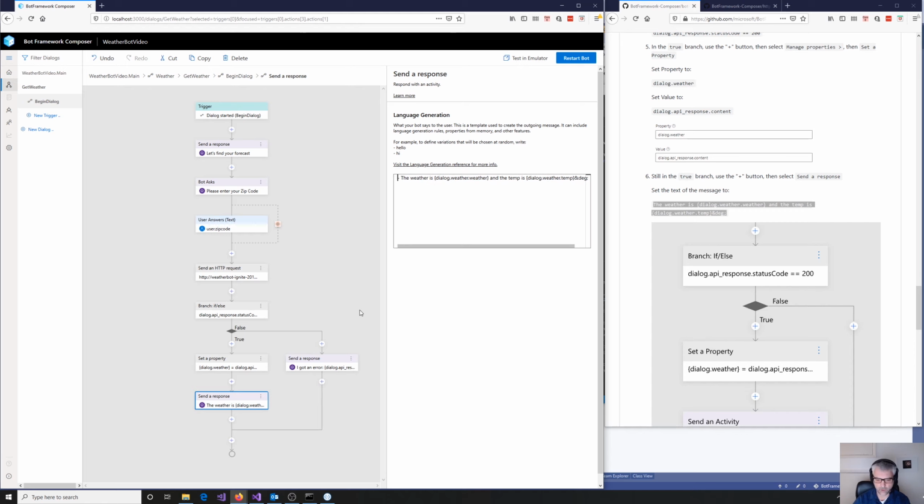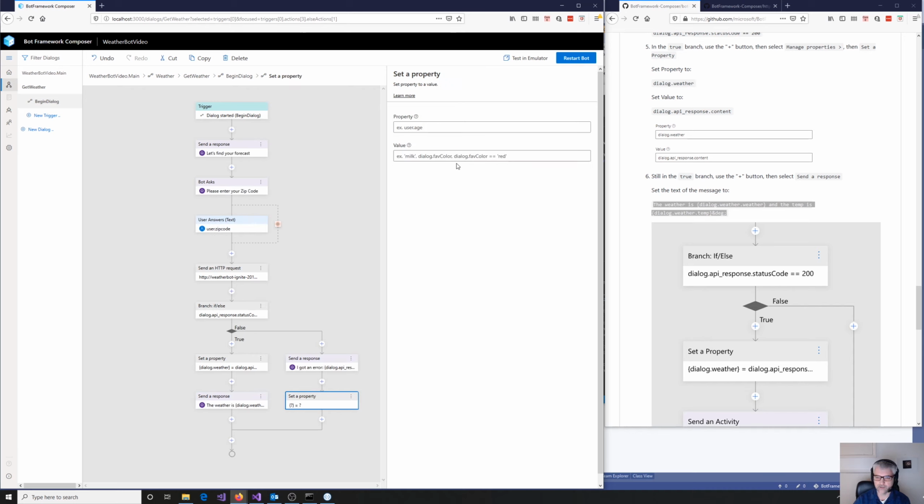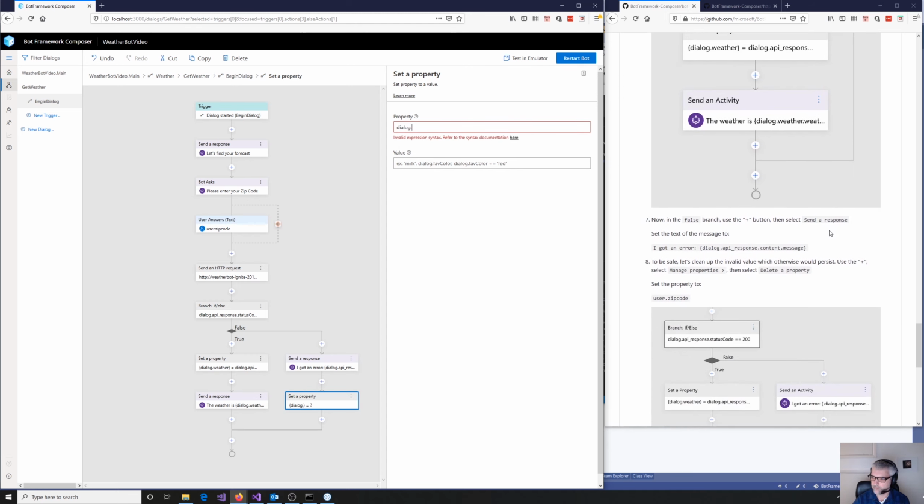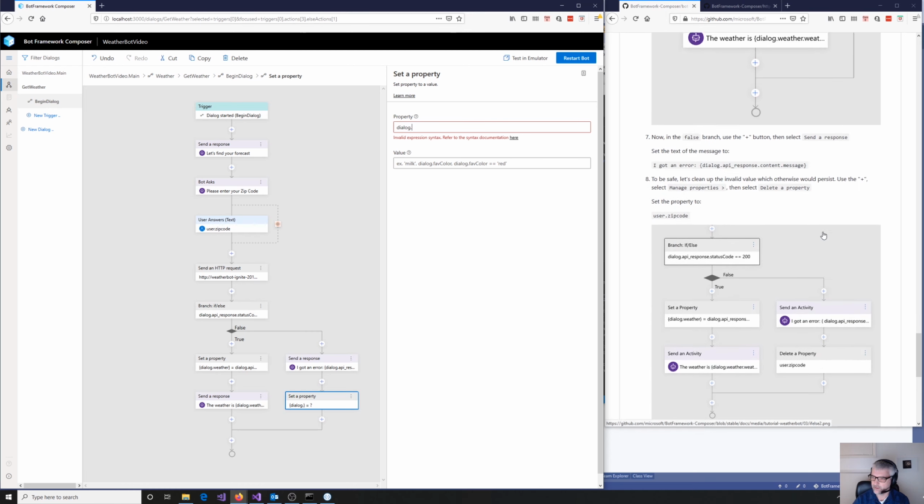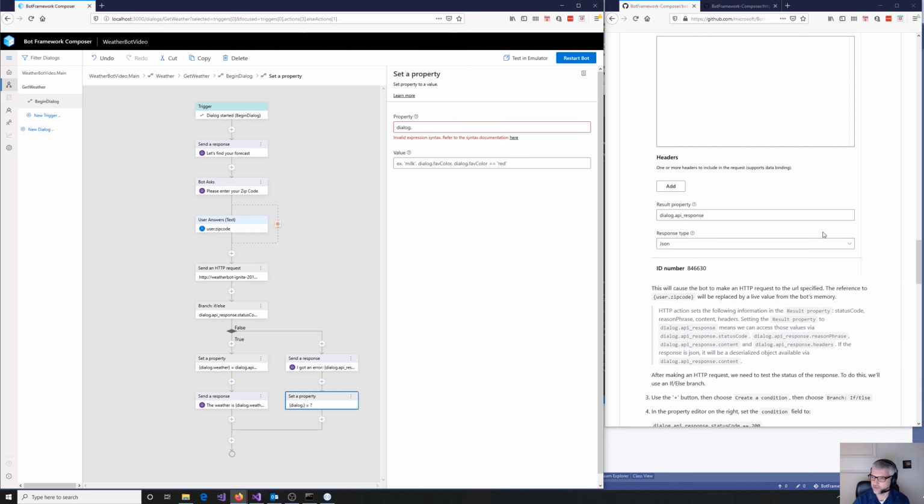Okay, so one additional little step that they suggest you do is when you get the error, do some bit of nice housekeeping and set the property. So our property, I think, was is it dialog dot, was it weather? Coming here and doing this on the fly. Okay,